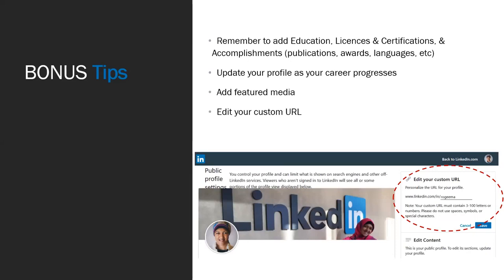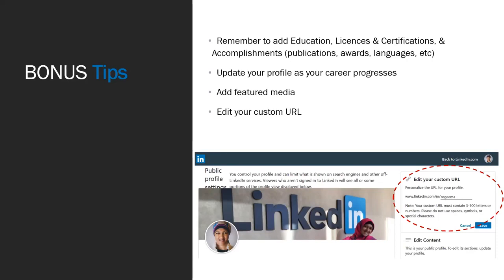So I have mine as my first name because I did this as soon as this feature came out a few years ago. I went and I grabbed my first name. If your first name is not available, you can make it your first name and your surname, your initial and your surname. It doesn't matter, but make it something memorable. Rahima Kenny 1257AB9 is not memorable.